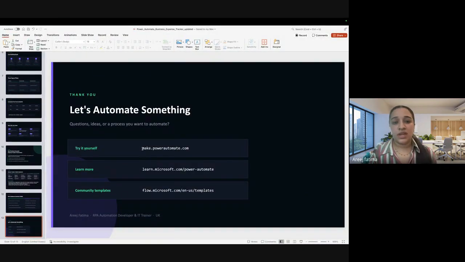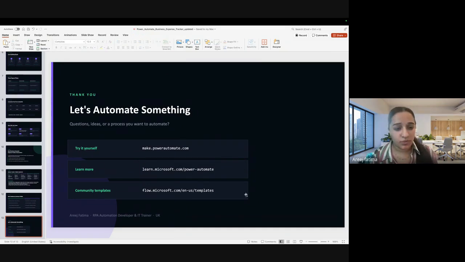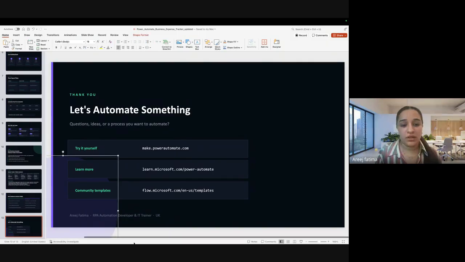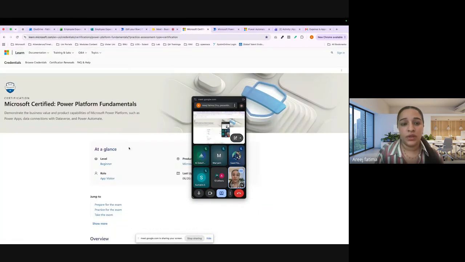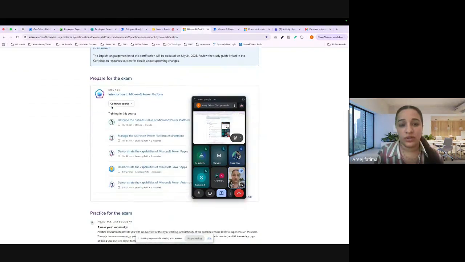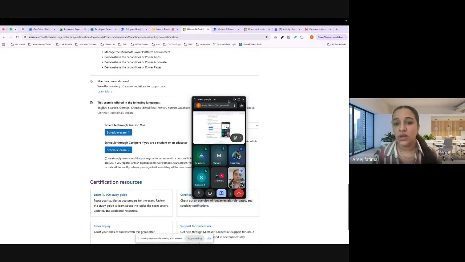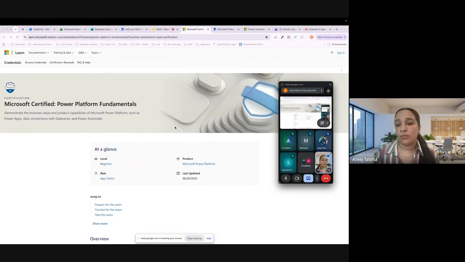Okay, so if you need to test any of the Power Automate, this is the specific link. On the other hand side, if you want to study more and learn about Power Automate, this is the link specifically. And inside Power Automate, we have multiple types of community templates that you can use. And the last thing that I want to show you: if you want any type of professional licensing about this, we have different ones like PL-900, PL-400 and PL-200. These are all professional certifications from Microsoft that are preferable if you are going to work as a Power Platform developer.